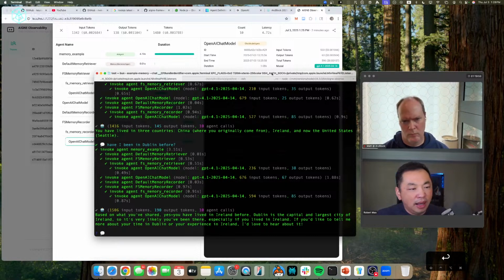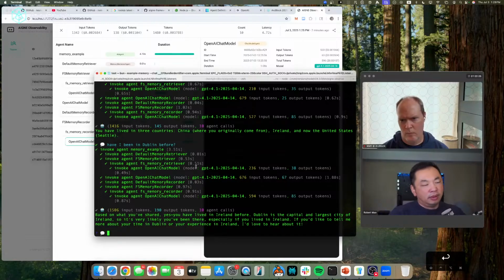But if you ask a question that is not that direct in the database, the AI, as a large language model, is based on what it knows about you, and it predicts. For example, I never told it anything about Dublin, but just because I said I lived in Ireland, it is able to predict that very likely I have been in Dublin before, right? So this is very cool, right?